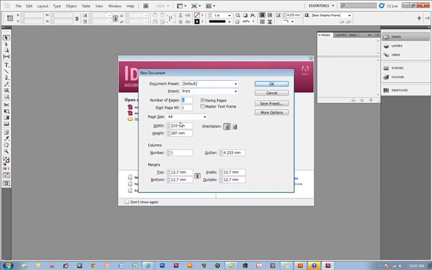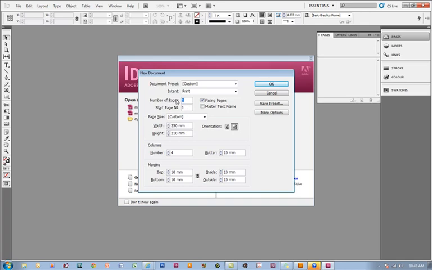We can set up our page. Now you might usually use an A4 page. We're going to have a unique size here, which is 250 by 210. We're going to have 4 columns, and each column is going to be divided by 10 mil. And around the outside, so you click this, the one here, we want a 10 mil margin around our page